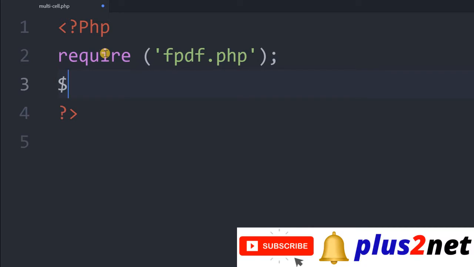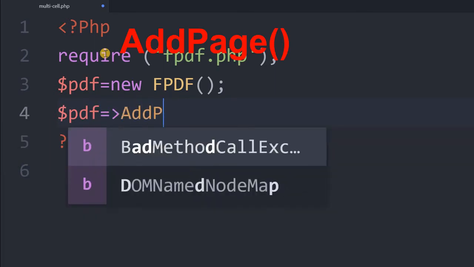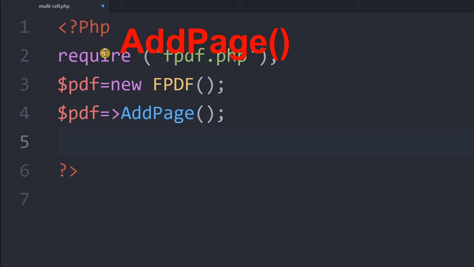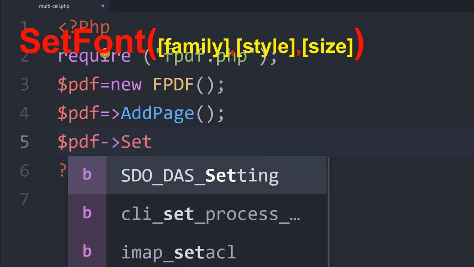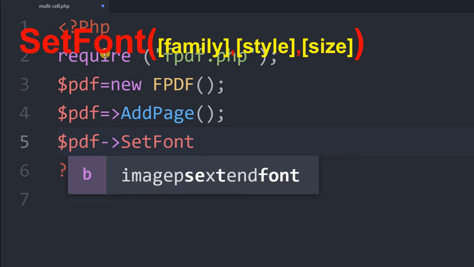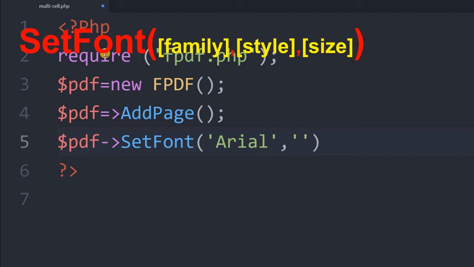Now the document we will create, pass the object. So new FPDF. Now let's add a new page. PDF add page. Fine. Now let's set some font. Because we are giving some outputs, so text will be there. So set font. Let's say Arial. You can change to any font family. Now let us put a B for bold and use 14. This is the font size.